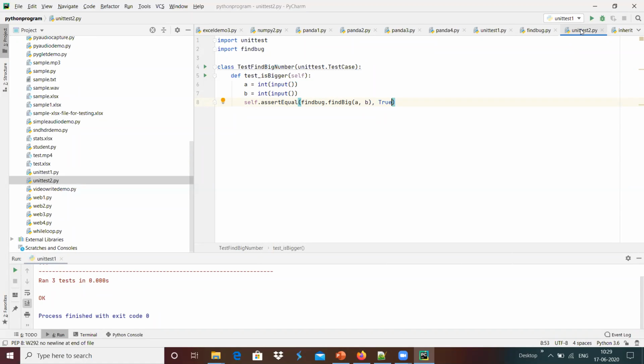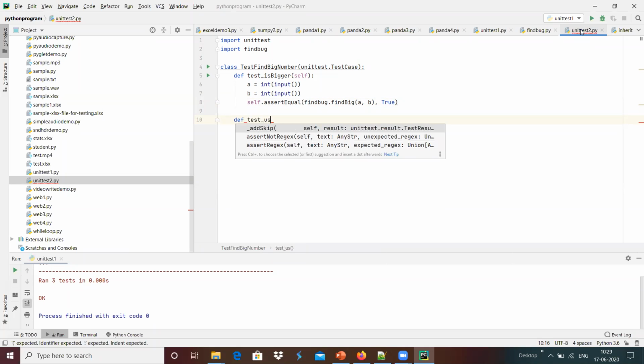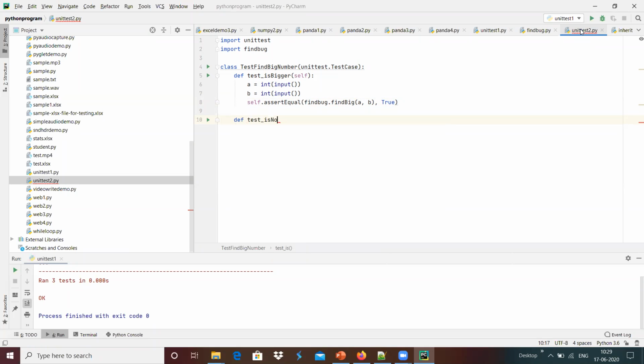And maybe we have the option to do def test_is_not_bigger of self, and maybe we can use the same functions over here.